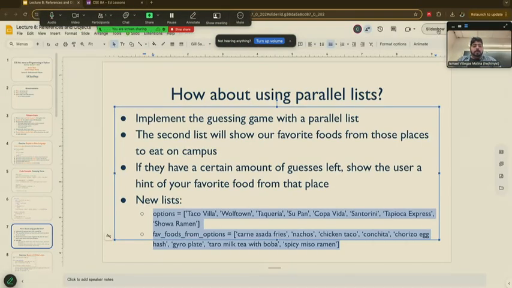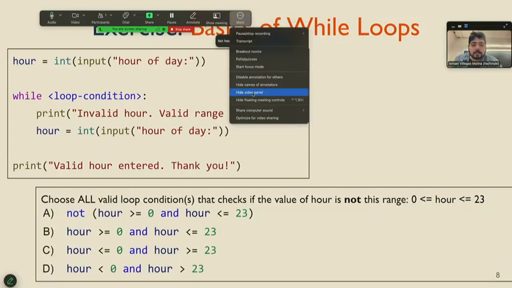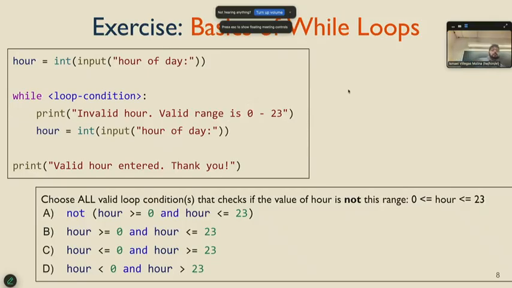Let's move on over. Alrighty. So, let me move this out of the way. So, here's a quick exercise on while loops. Hour of the day, invalid hour of the day, input an hour of the day. So, this program right now is asking for something, the hour of the day, right? And then while something,